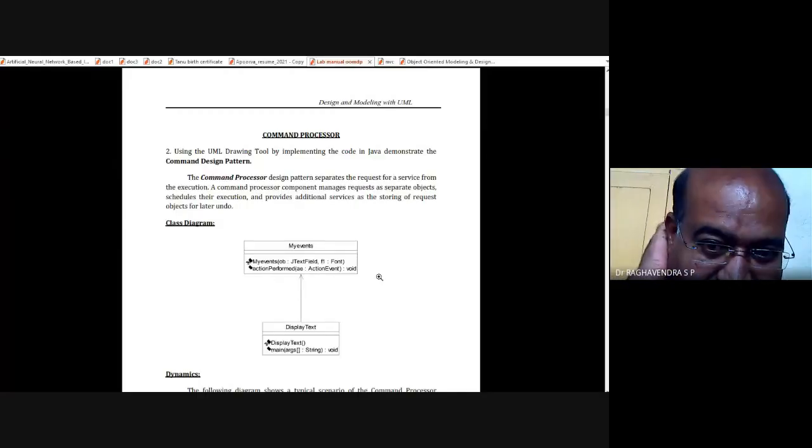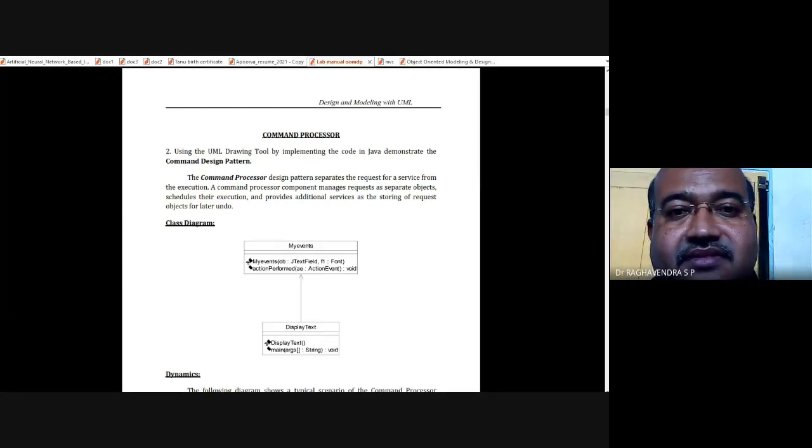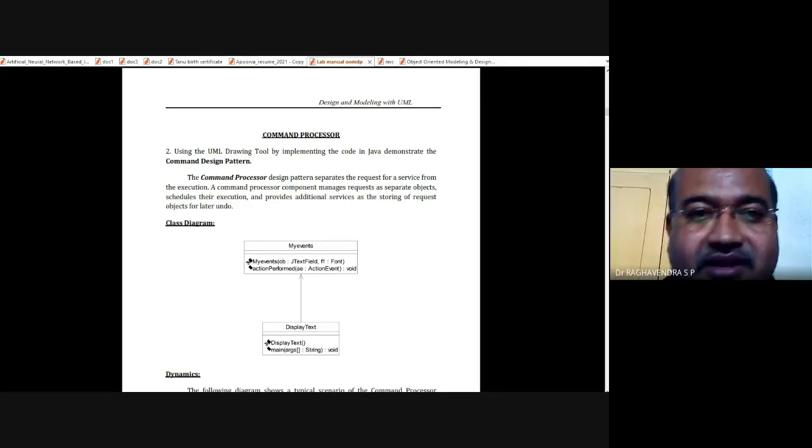Can you see this window, dear students? Can you see the PDF? No, sir. Yes, sir. Okay.